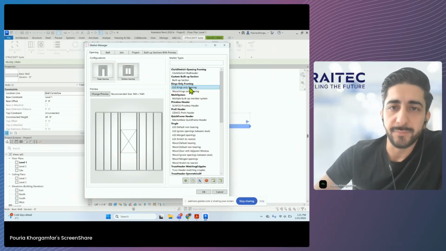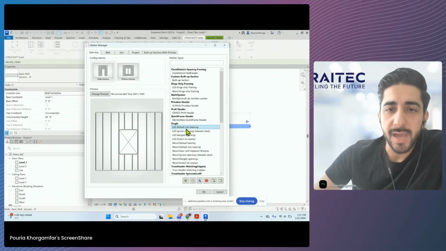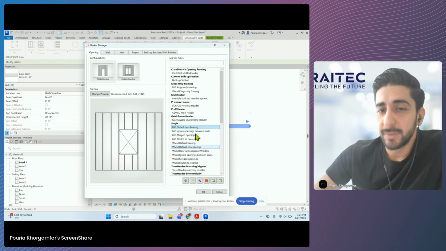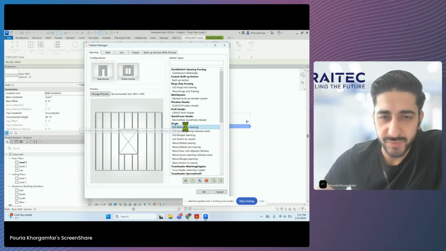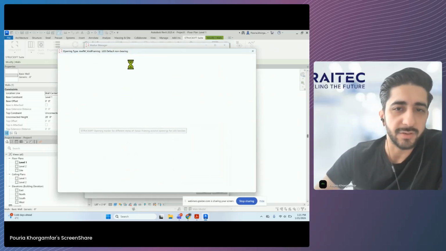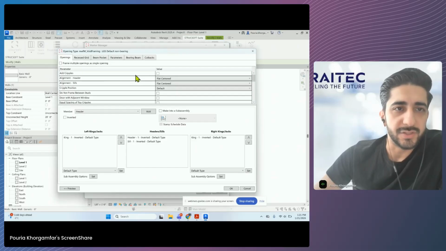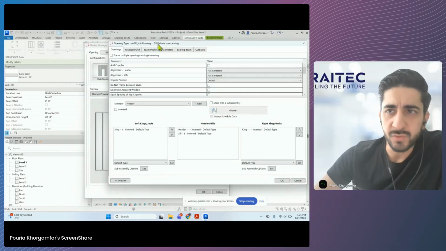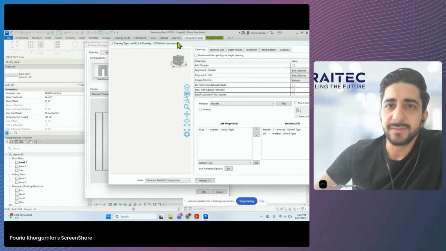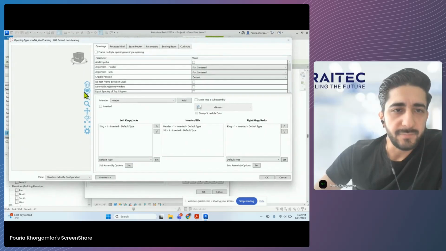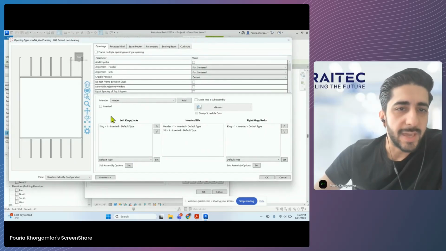We have developed that preview option for the LGS, and the newest development that we had was on LGS default non-bearing. It's best to duplicate this one before you work on it, but for the sake of illustration, I'm just going to double click on that to open up the LGS default non-bearing. So as you see over here, this preview option has been added, and so through this, the user can basically